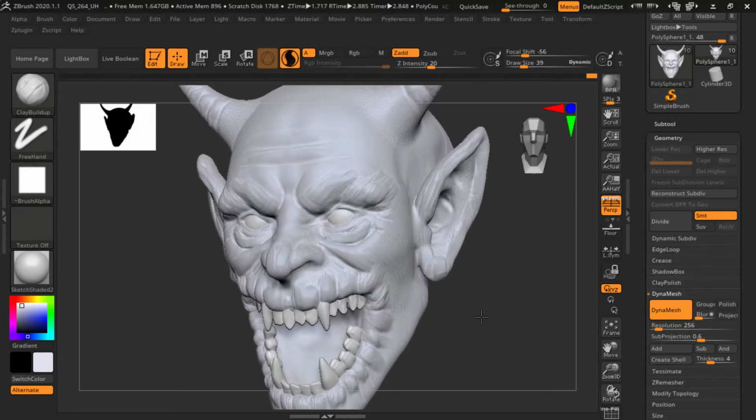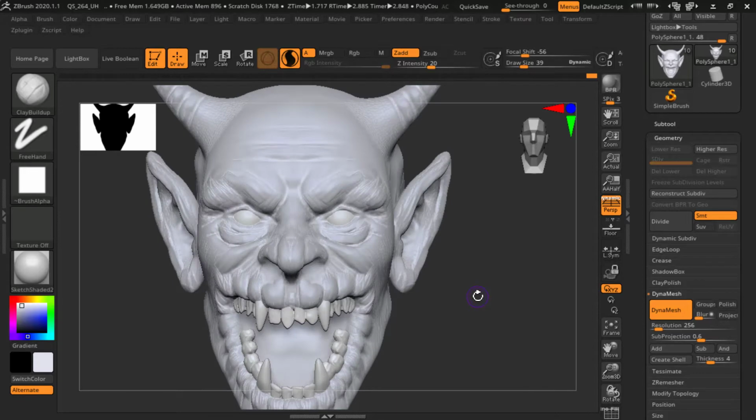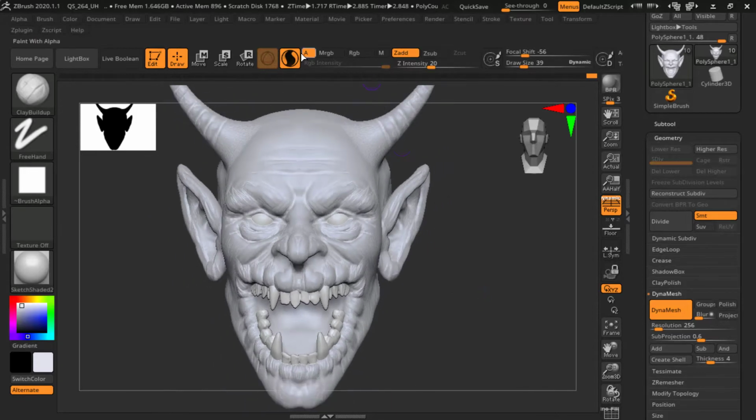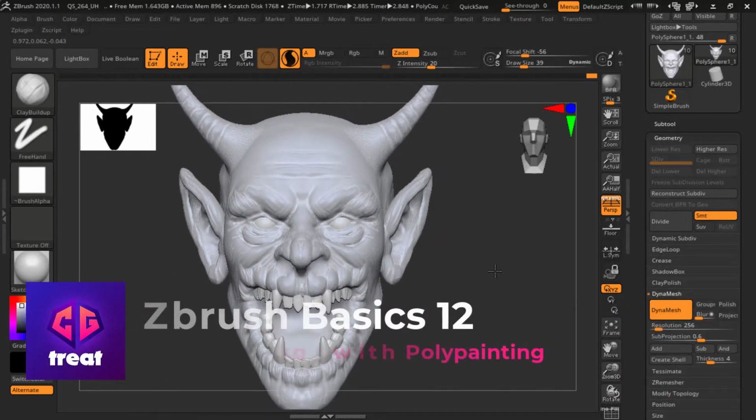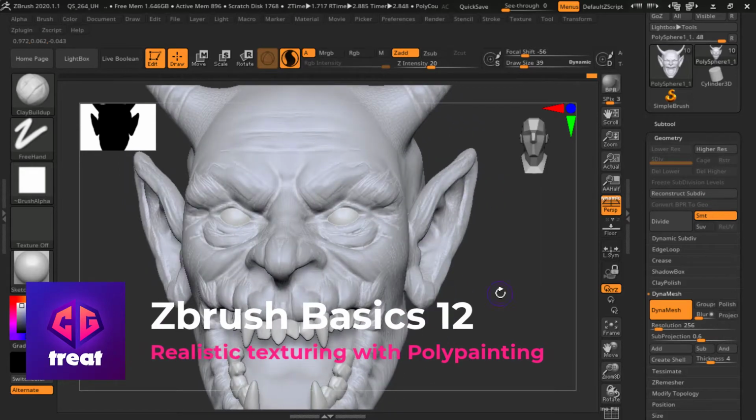Hello and welcome to another video of ZBrush Basics. In this video I'm going to cover the Sculptris Pro mode, and this is a very efficient tool that actually